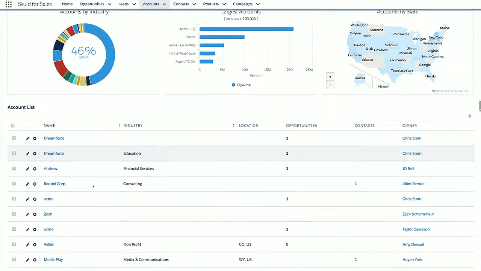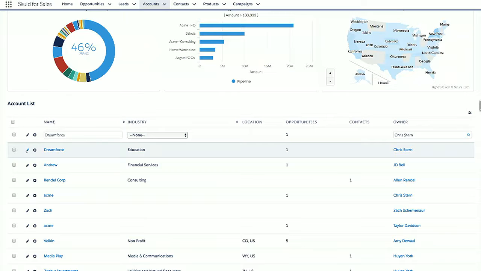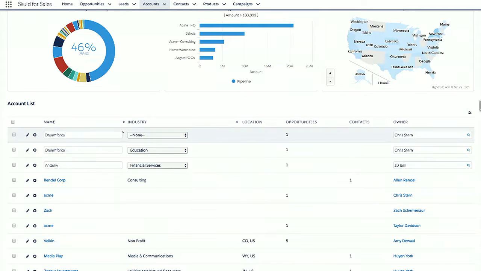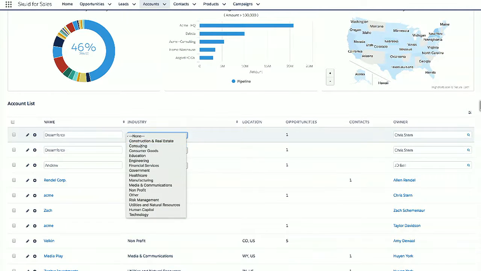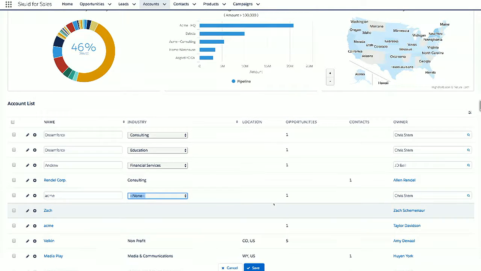Down here is just another table component with a list of information of accounts, but what's kind of cool about this is the ability to edit right in line. So I can say, hey, I want to change this injury to that, or I want to double click this and do something else with it. So the ability to,